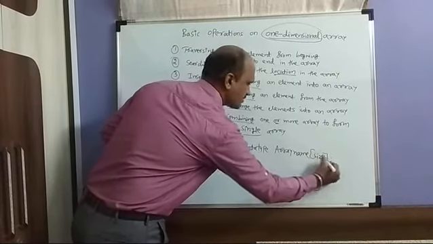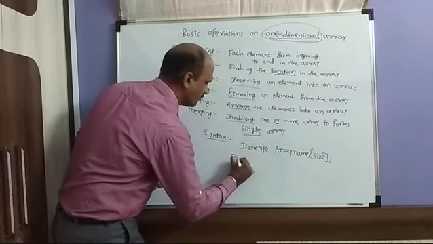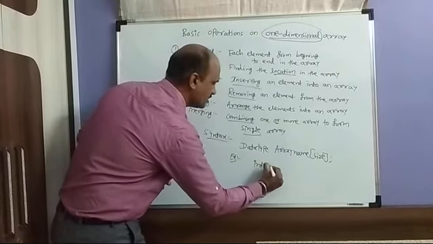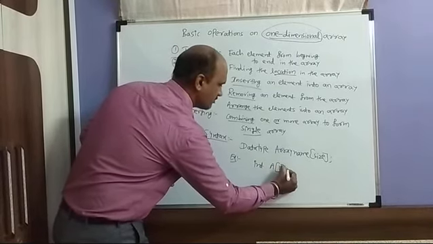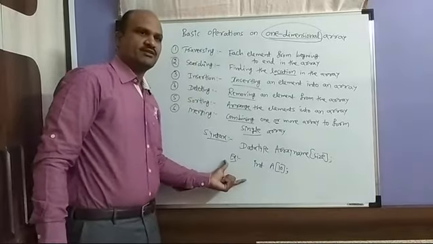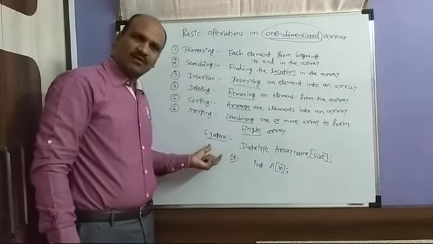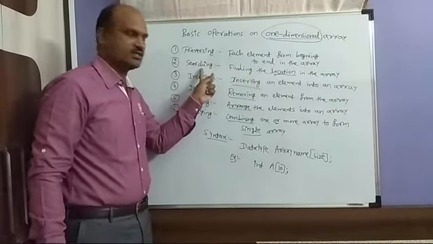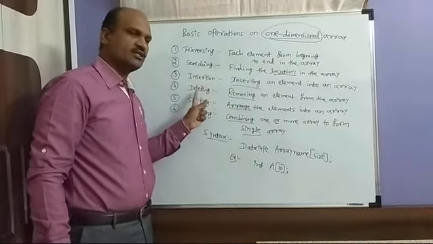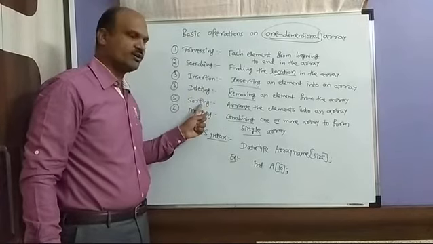We wrote an example also: data type is integer, a is an array, size is 10, then semicolon. Based on this one-dimensional array, these are the operations you are doing: traversing, searching, insertion, deleting, and sorting and